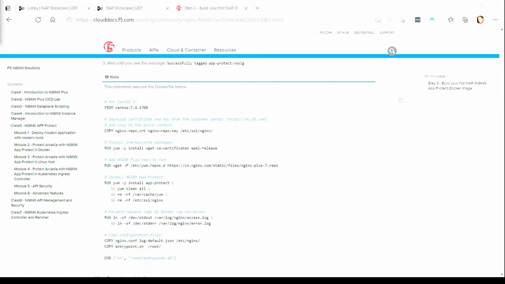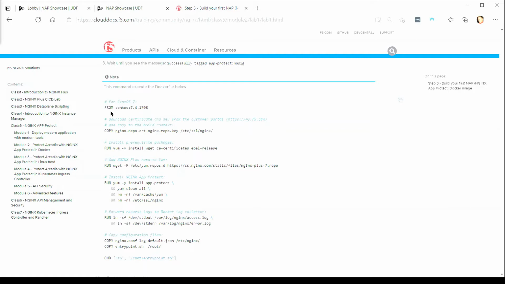What you're seeing here is a Docker file, and it's simply a linear structure of instructions for Docker to execute one or more build steps. So what we're saying here is we're going to base ourselves from an existing container image, specifically CentOS, with a tag of 7.4.1708.